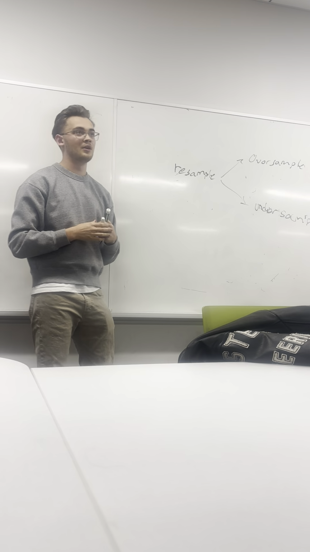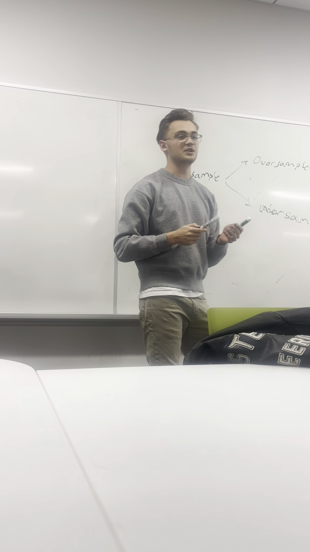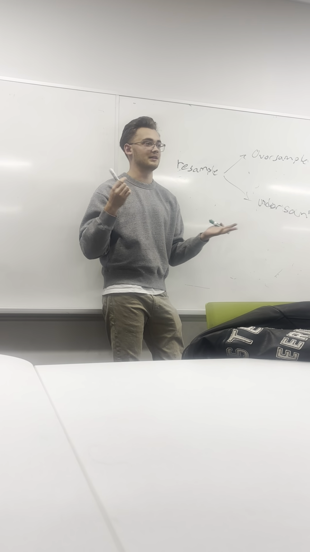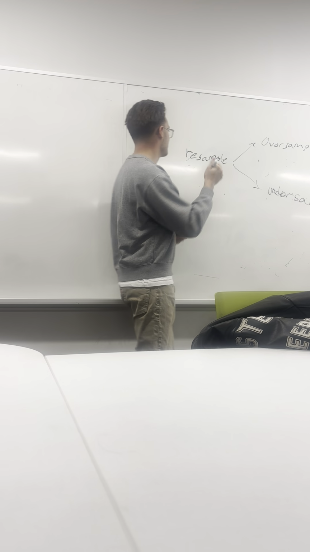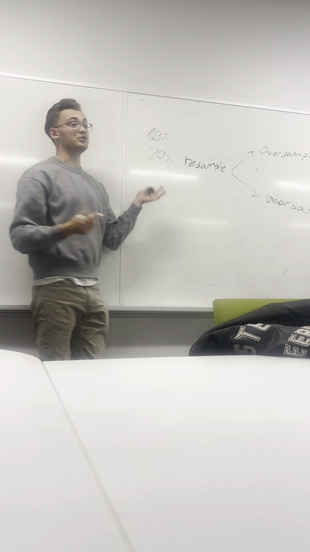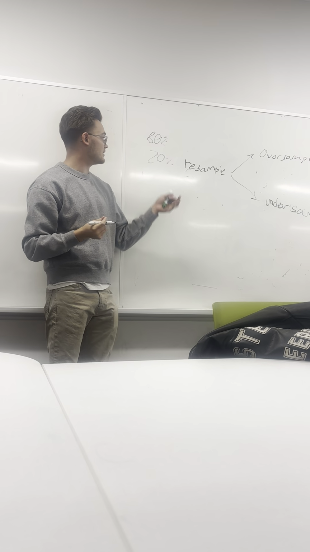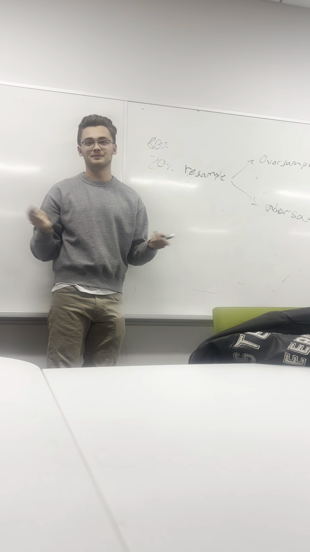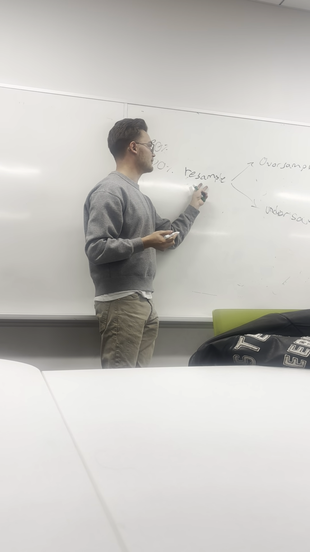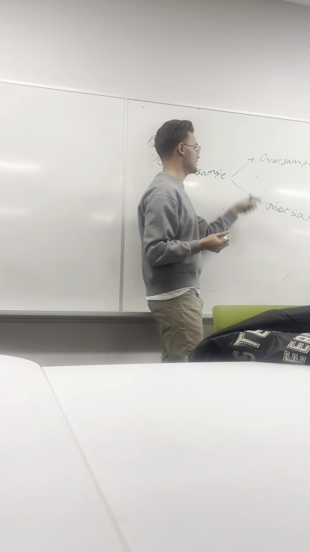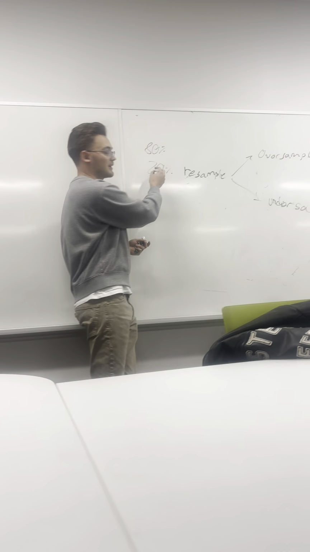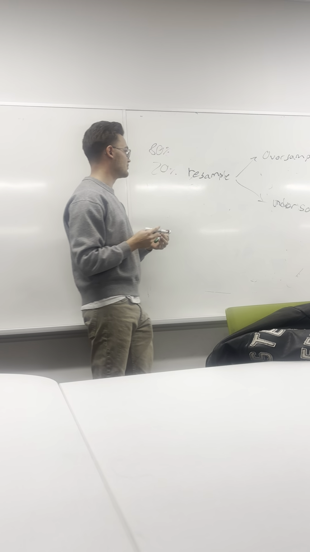The reason why you'd want to resample or reweight is because you have your 2 groups and one of them is overrepresented and the other one is underrepresented in the data, right? So you've got like 80% men, 20% women, but you know in the general population it's 50-50. You're going to want to do something about that because otherwise your data is clearly biased towards men. One way you might do that is by resampling, and there's 2 ways you can resample. For the first one, you oversample, and the way you do that is you just duplicate some of the women. You just add them back into it.